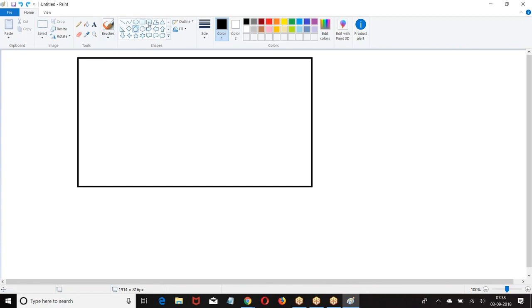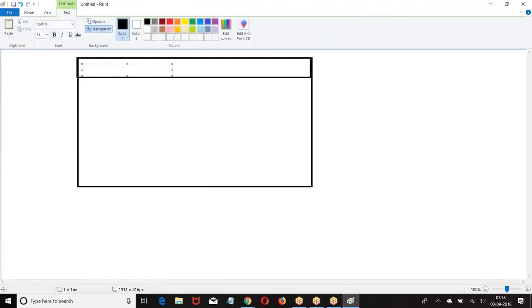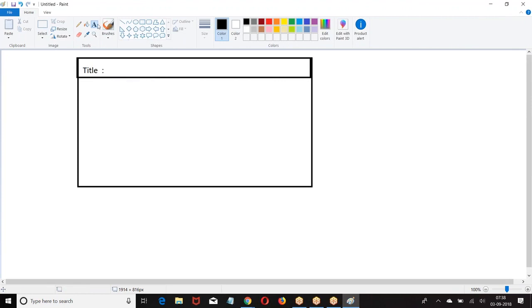So look at this example, everyone. I got a page block. Let's assume that this is a page block. In the page block we have a title. Then we have buttons here. Then we have a page block section. So what is the page block section? It will divide the row into number of columns.